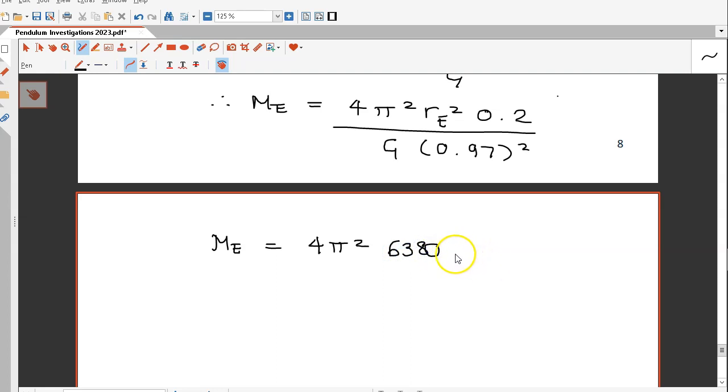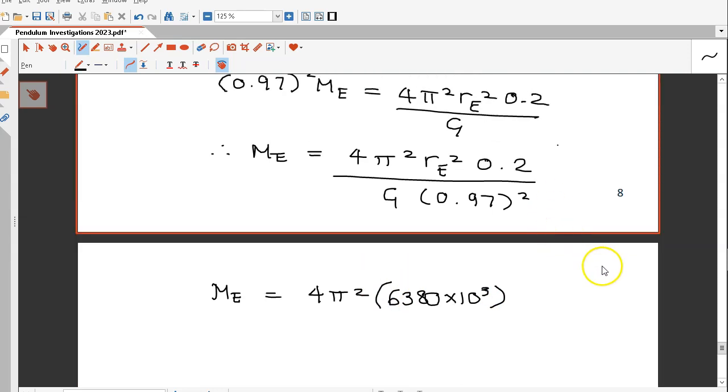But 1 kilometer is 1,000 meters, so this is actually in thousands, and we can write thousands like this, times 10 to the 3. We need to square that, by the way. Then we multiply that by 0.2, because that's the length of the pendulum. You see, we have to keep the units consistent. We've got this distance is in meters, this distance is in meters, and then G